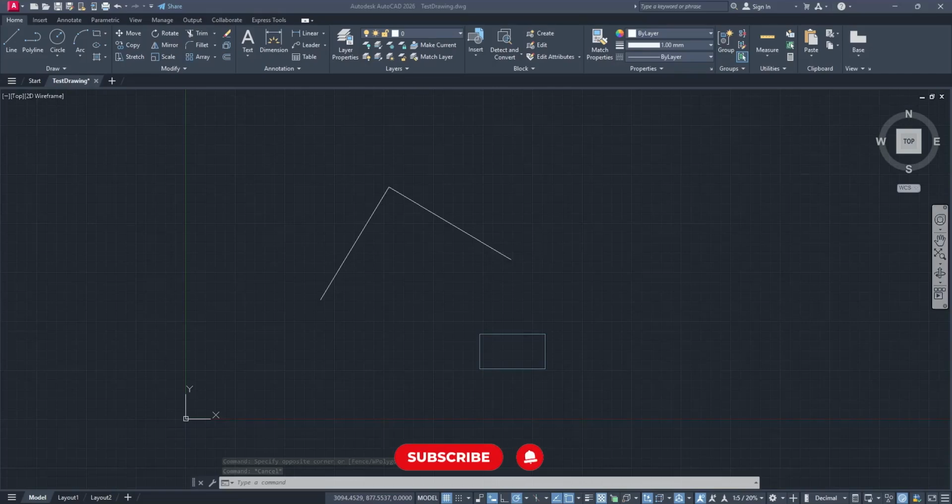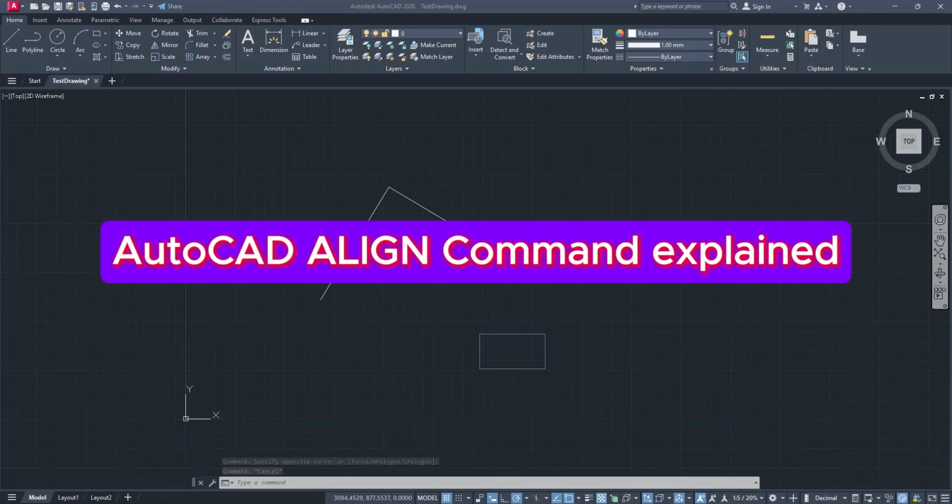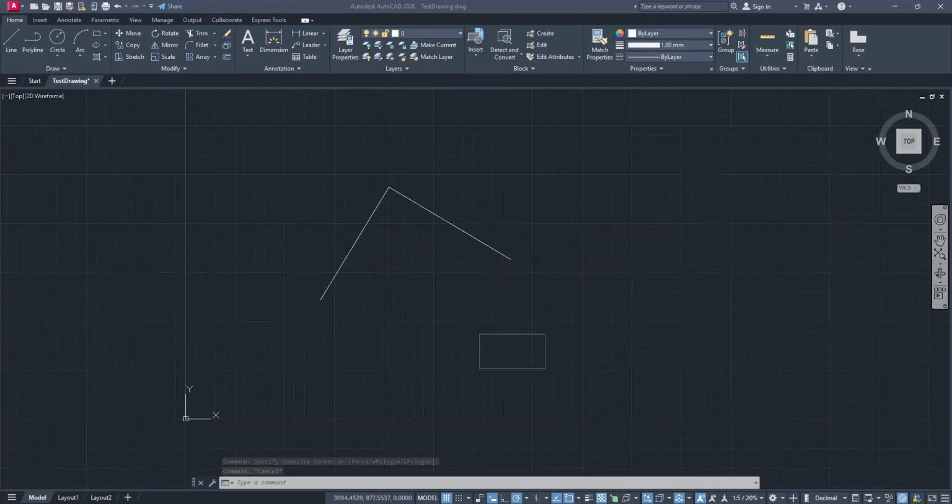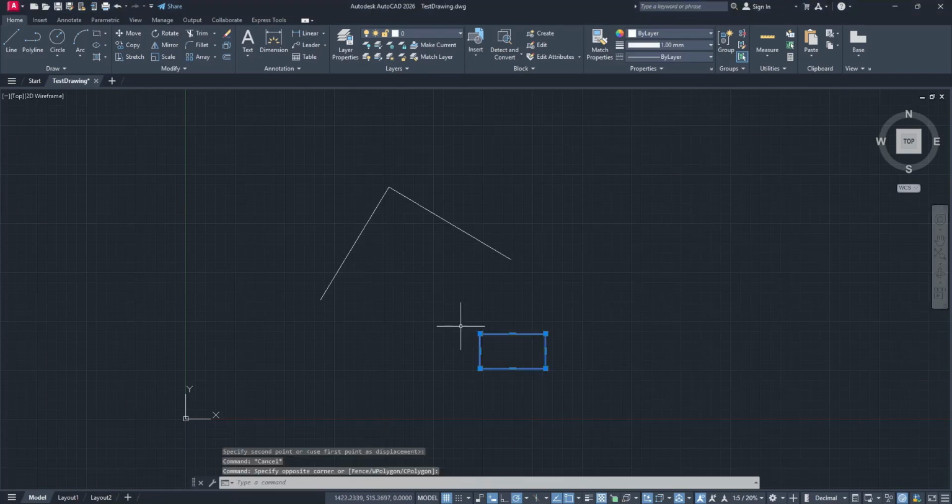In this tutorial, you'll learn how to accurately position objects using the Align command in AutoCAD for cleaner and more precise designs. This is an incredibly handy tool, especially when you're working on projects that demand precision and a high level of detail. To get started, the first thing you'll need to do is select the object you intend to